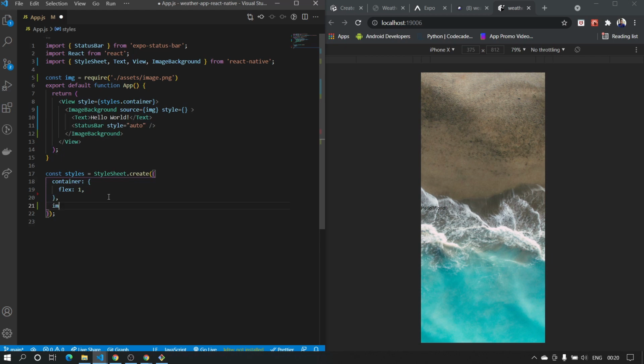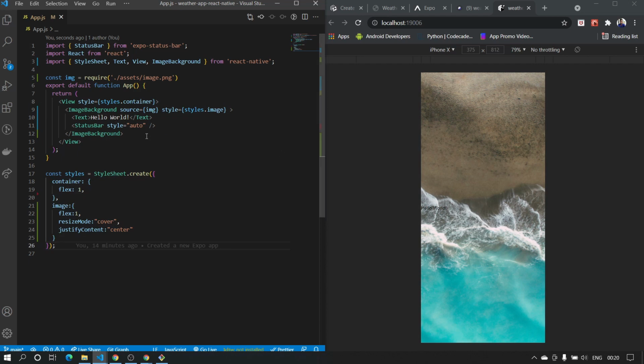We can say style image, and paste the object here, and then just reference the image from here to here, which is styles.image. When we save that, the code looks much cleaner here, the styles are structured well here, and the result is still the same.